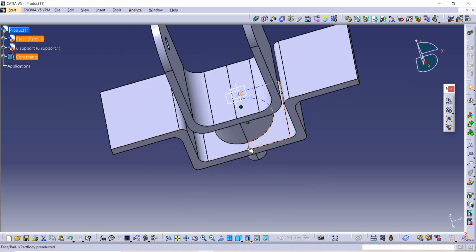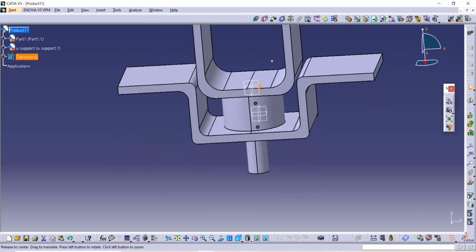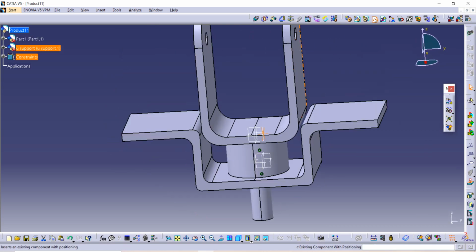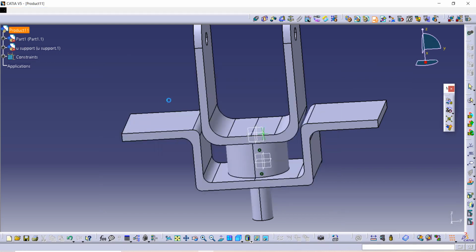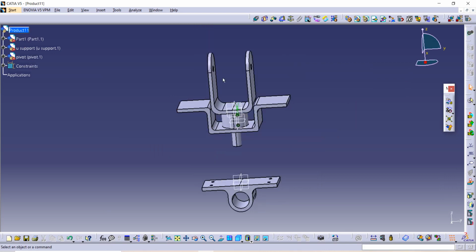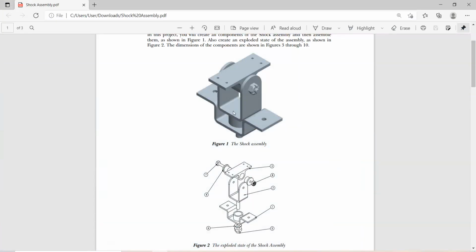Now we are going to import our next component. Let's make it, and our next component is pivot. After that let's see how pivot is here and pivot is here.